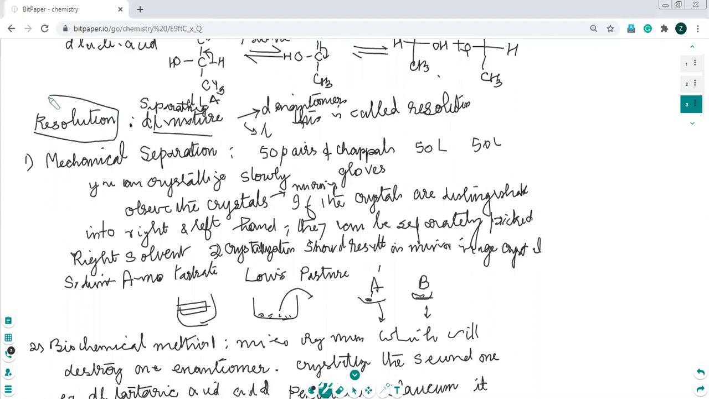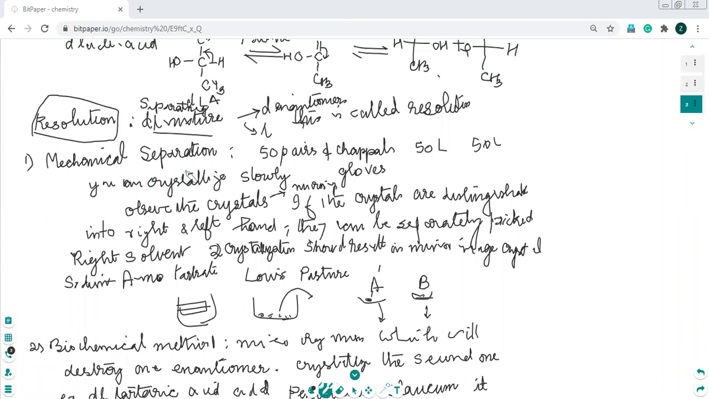So this is what is a resolution. Resolution means separation of DL mixture into D and L enantiomer. Okay, so this is what is called resolution. Now, resolution has different methods. Number one,